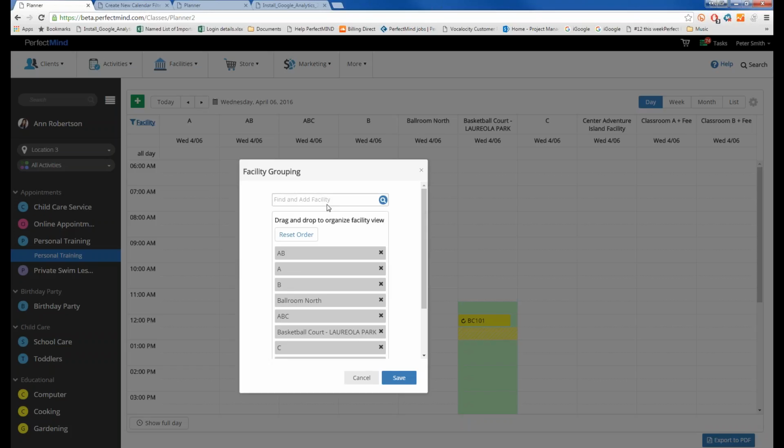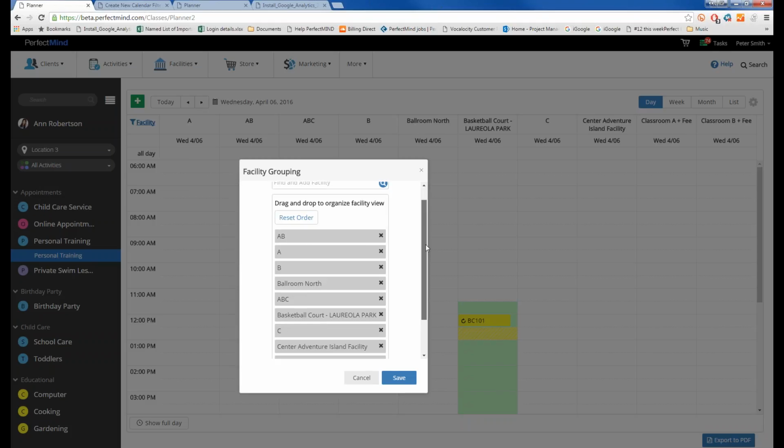In addition to that, we now allow you to save this view for that specific user. So in this example, if Peter Smith is logged in and making these changes to the view, these changes will only be saved for Peter Smith. It will not affect other members of the organization. So everyone can create their own custom view that fits their needs best and become more efficient